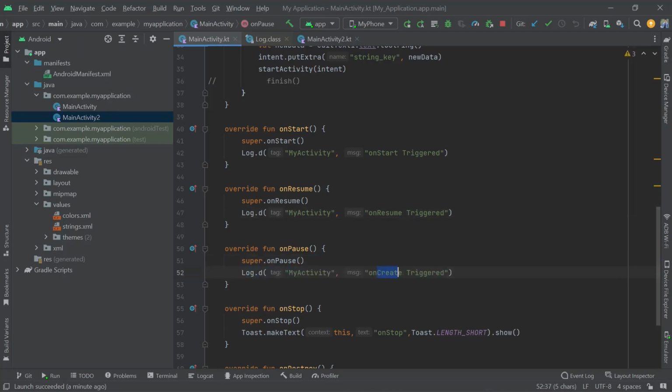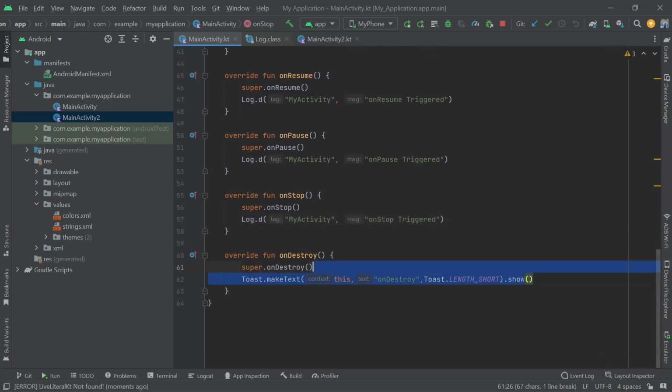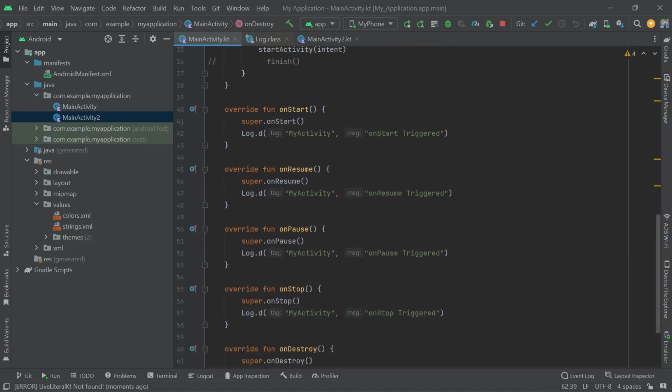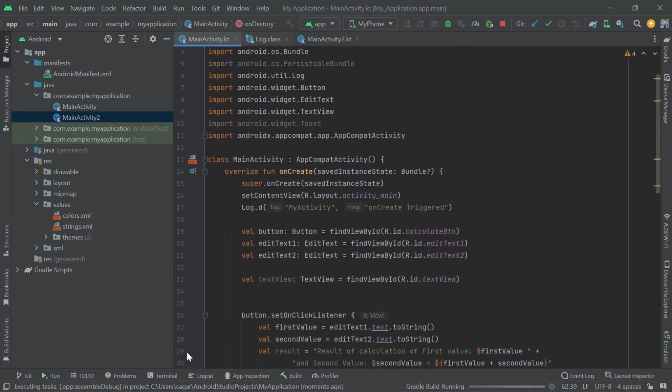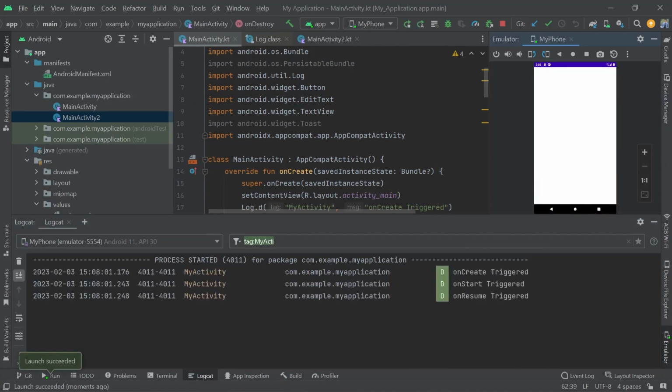Here it will be on pause, so now let me just run my application again, and I can now just see all the log messages. So these are for my previous application run, and let me clear them. So first of all you can also see these things, that I am just getting this when my application is